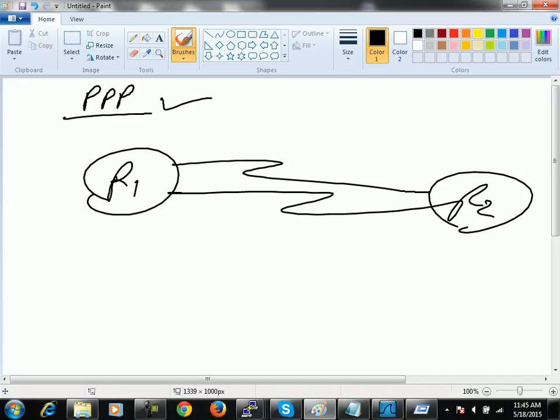For example, let's say this is the ISP and this is your customer. Now the ISP wants to allocate an IP address to its customer dynamically. That can also be achieved with the help of PPP. Like we are using a